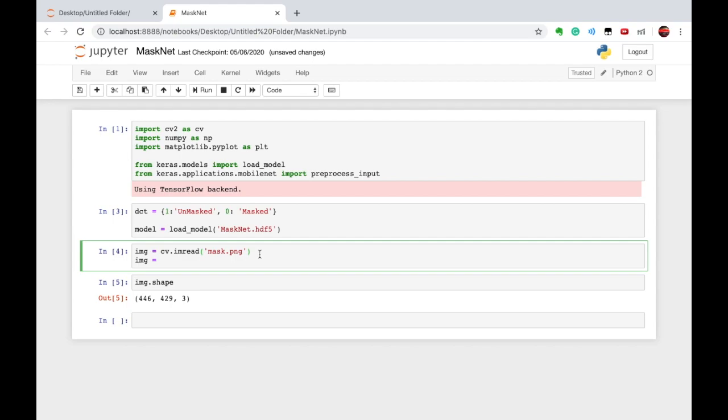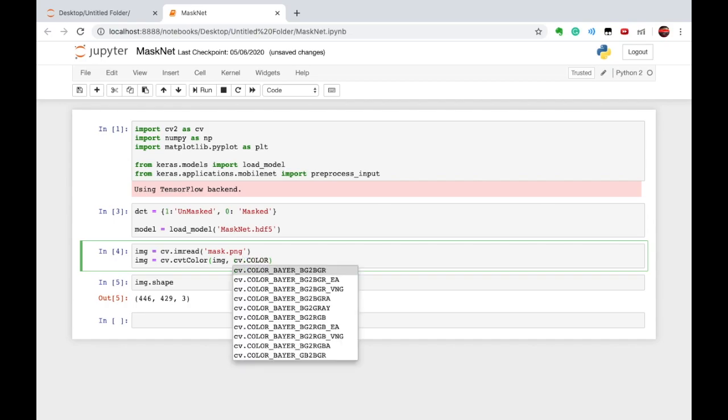So now we need to convert this image again into RGB format. To do so, we are using the cvtColor function, which will convert the color of our image.